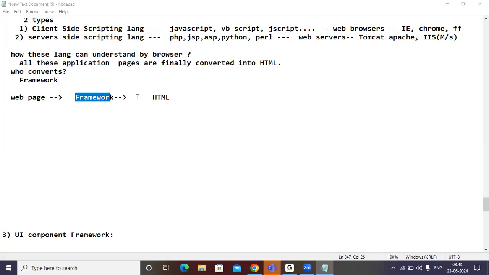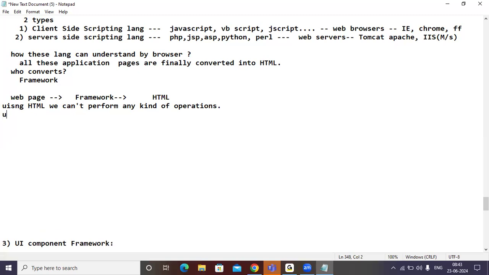But the reason why we cannot directly create the web page by using HTML is, using HTML we cannot perform any kind of operations. Point clear?